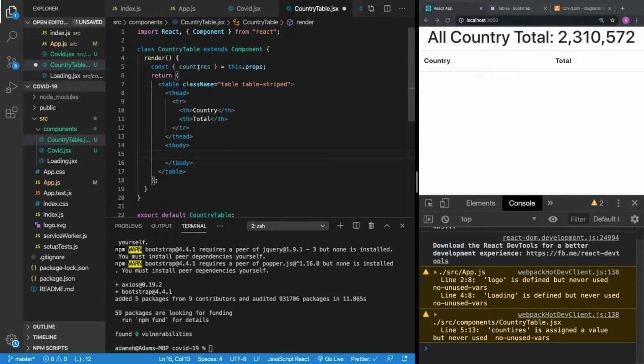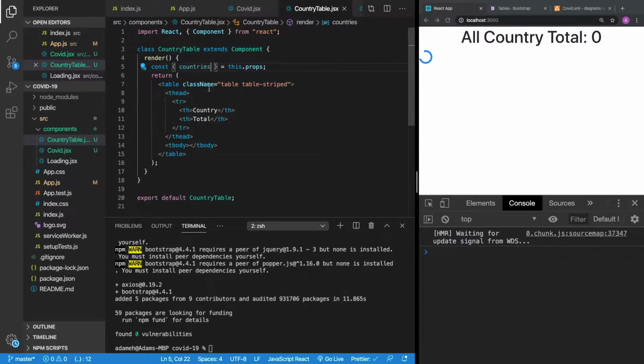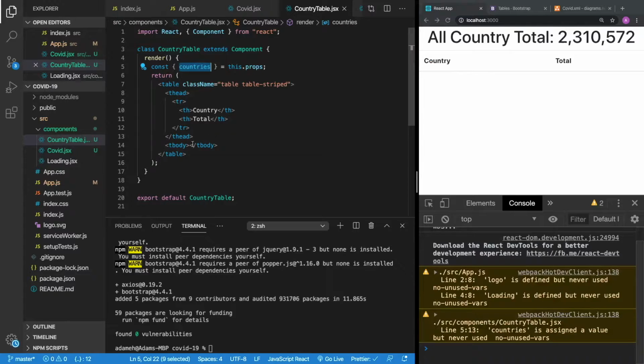Now that we've collected our countries over here, oh, and I misspelled that, so countries, otherwise that would not work. So there we go, we got our countries. And then inside of here, we go countries. Oh, we'll need to put curly braces inside those curly braces. Countries,